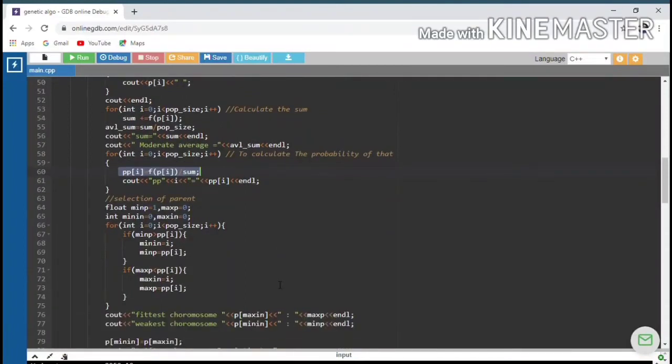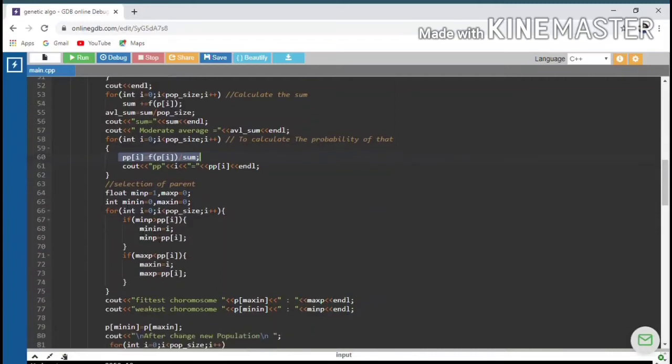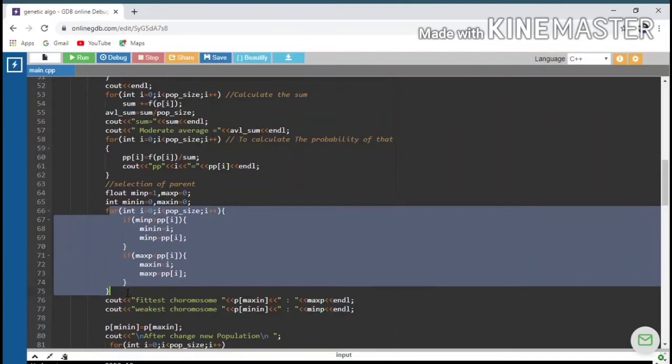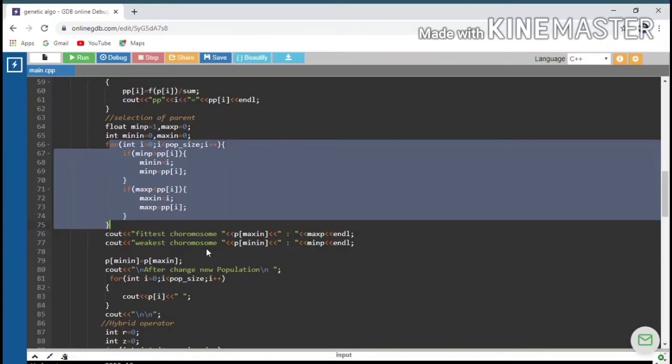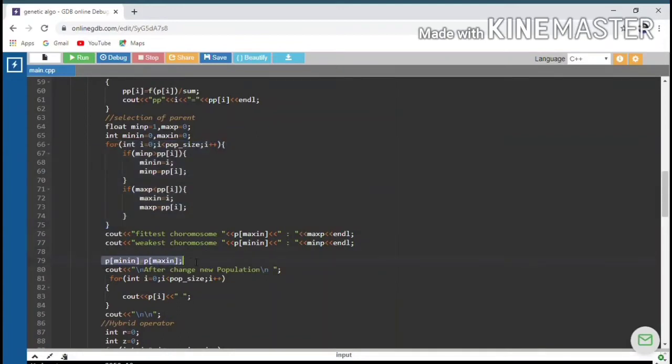And we are also finding the value which has minimum probability, so that we can replace the chromosome which has minimum probability with the chromosome with maximum probability, or we can say the fittest.